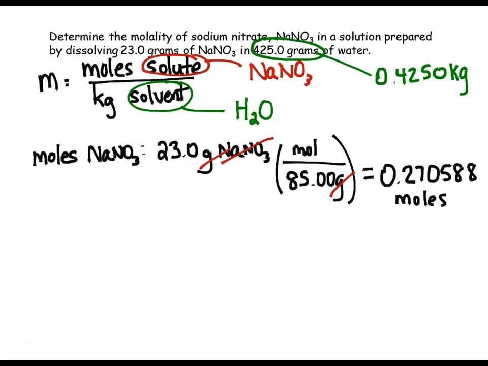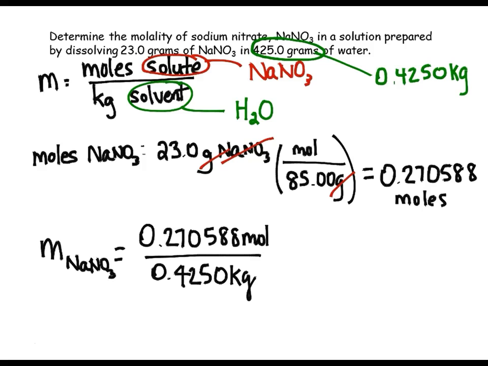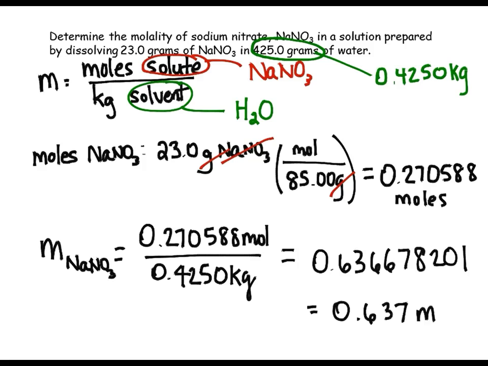Now, we're going to convert this into kilograms because that's what our denominator needs to be. So 425 grams of water is 0.425 kilograms. I'm keeping that extra 0 there just to remind me that that number should have 4 sig figs. So you can either divide by 1,000 to convert grams to kilograms, or you can just move the decimal over 3 digits. So now when we complete our calculation, the molality of sodium nitrate is the numerator there, the moles we calculated. The denominator is the kilograms of solvent. And we end up with that long number,